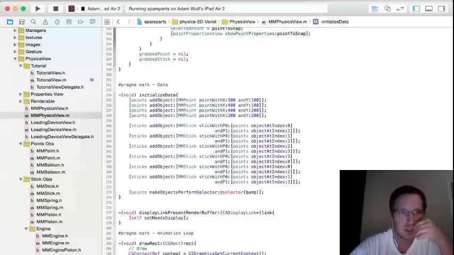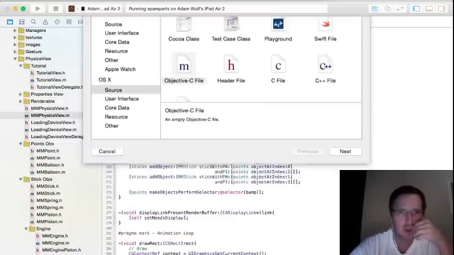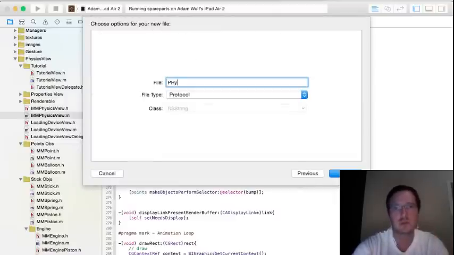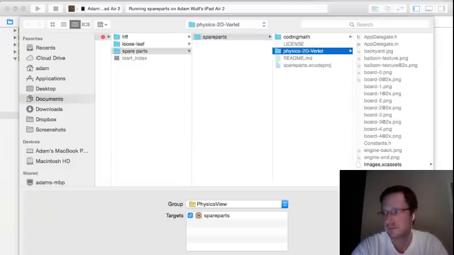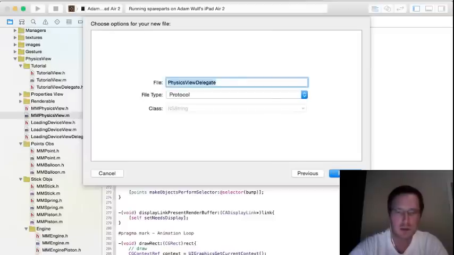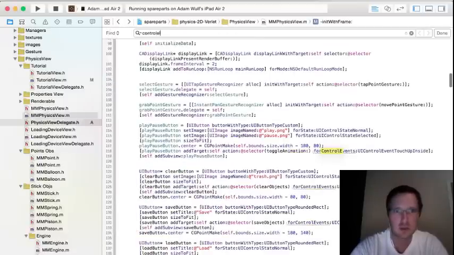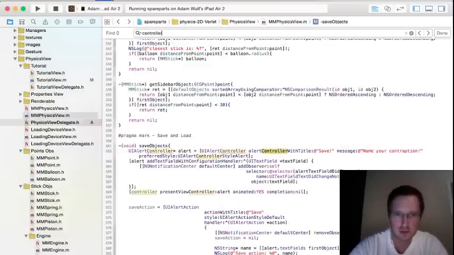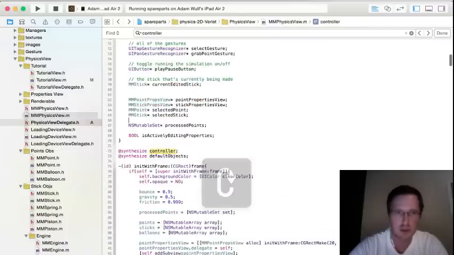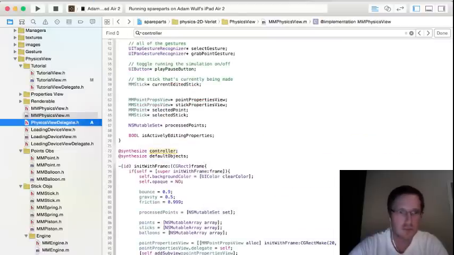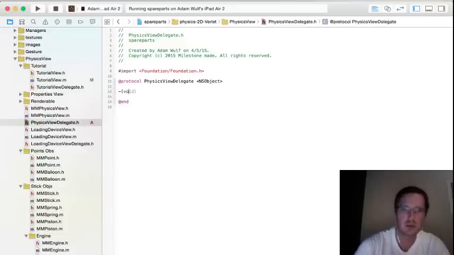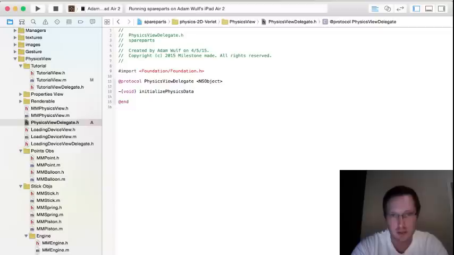I think we want a proper physics view delegate. And one of the things that we're going to be adding to that is, oh, it needs the controller for presenting. That's the only thing it needs. Okay, great. So this guy is going to be initialize physics data